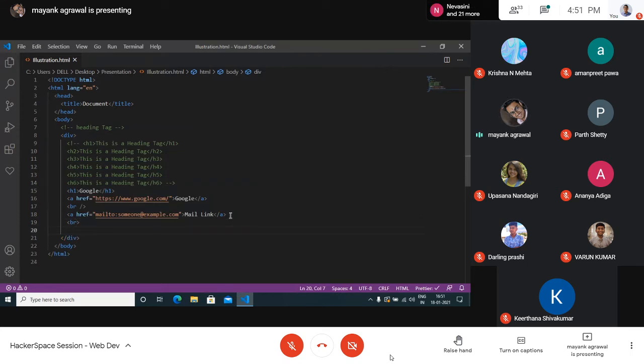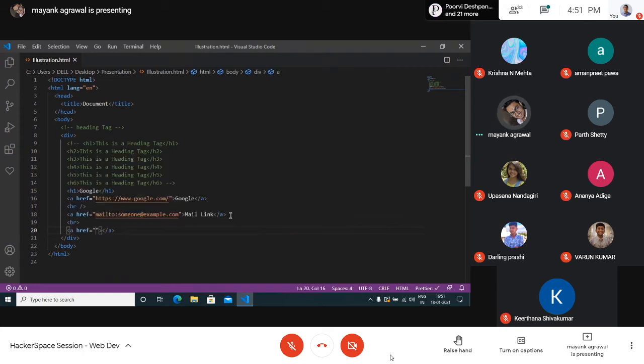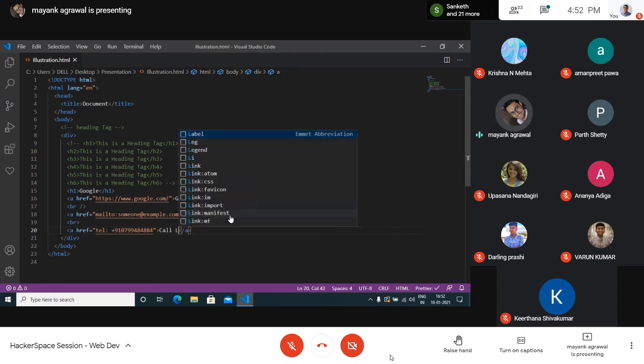Now there's also something called a phone link. Say you want the user to be directed to a call link for whatever number you want, say 9170, whatever you want, and just say call. Save.